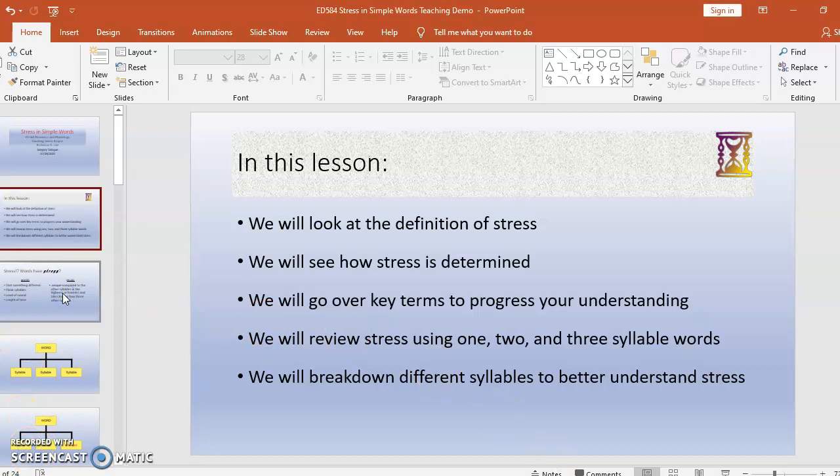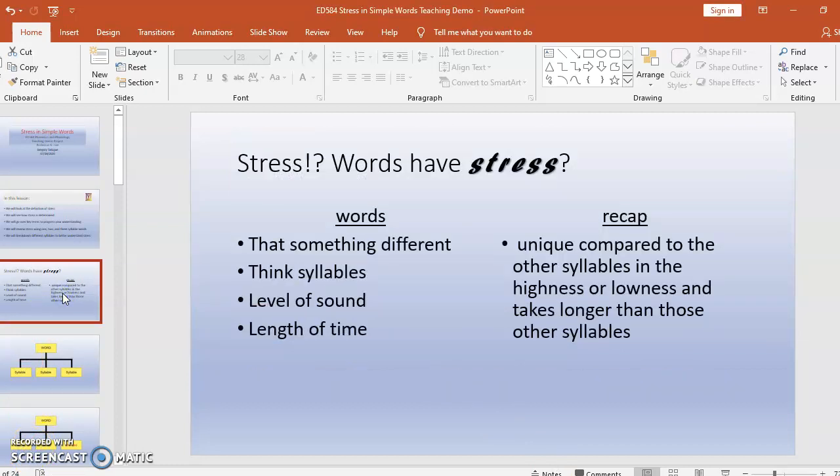Okay, so after activity A, we'll go on. So stress. Words have stress. So what is stress? Stress is that something different in the word. So when we say this, we need to think of syllables and the level of sound and the length of time in that syllable compared to the other syllables in that word. So to recap, it's unique. It's that syllable that's unique compared to the other syllables in the highness or the lowness,